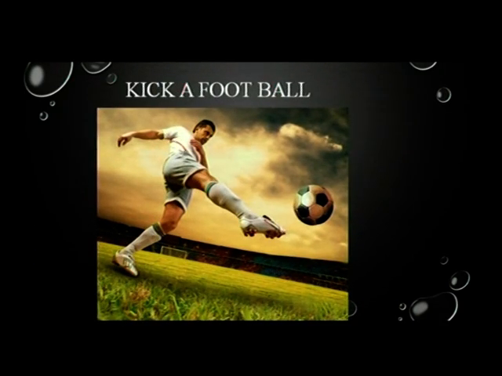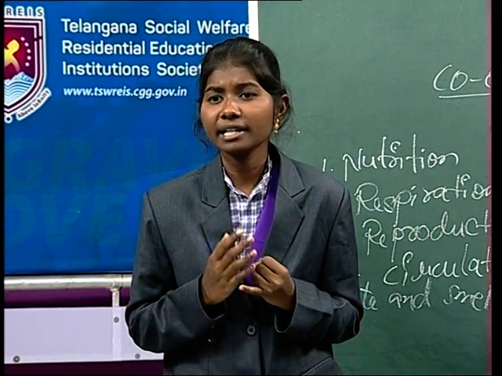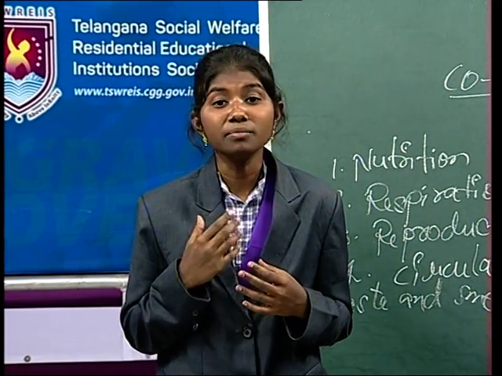So, here is kicking a football. We are doing one act, for example, for coordination: kicking a football. If you want to kick a football, what are the organs involved? Yes, the eyes, which help in knowing the position of the ball to kick, and next the legs, muscles and skeletal system to kick the ball, and the nervous system to stimulate the muscles to contract and the bones of the legs to kick the ball. So from this, to perform one activity, my dear friends, all the functions like eyes, legs, muscle system and nervous system should work